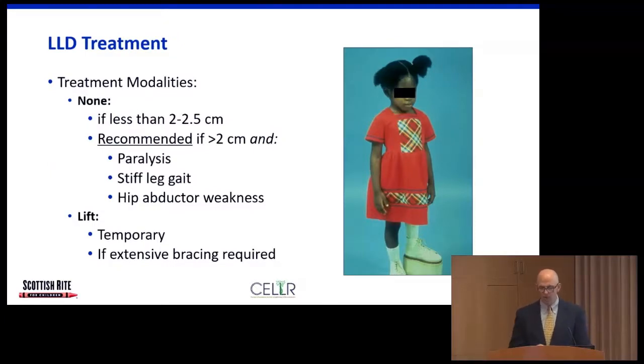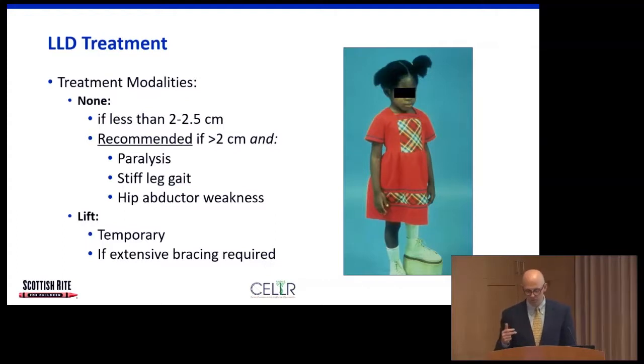Again, treatment modalities, we're just going to go through this quickly. Again, a small discrepancy, no treatment. If the discrepancy is greater than 2 centimeters and they have a hemiparesis or some sort of paralysis, a stiff leg gait because of stiffness at the knee, or they're particularly weak at the hip, then we won't recommend treatment